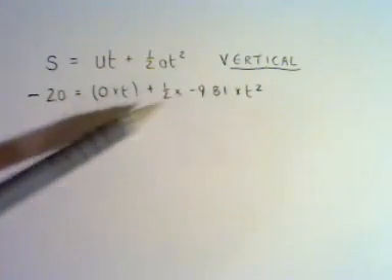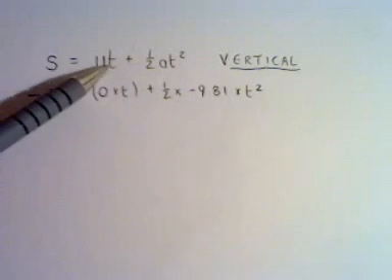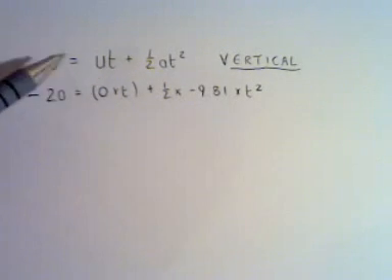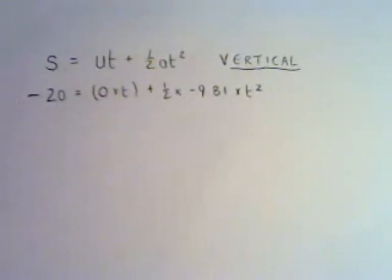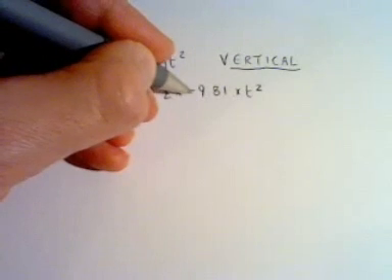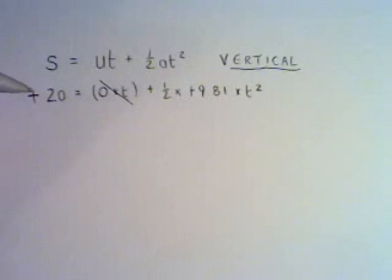Now you can see the benefit here of substituting the values in and not just trying to rearrange this to get t as an algebraic expression. The benefit is that because the initial vertical velocity is 0, we've got 0 times t, so this whole term becomes 0, and that simplifies our equation. If we just minus both sides to make minus minus become a plus, and if I just calculate this with you now,